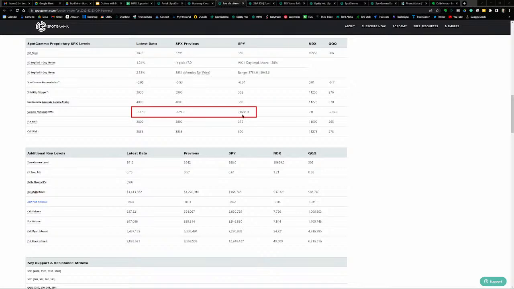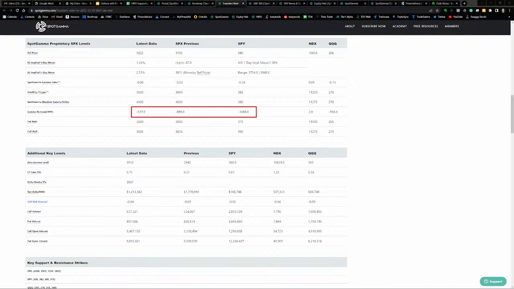So gamma notional shifted more negative yesterday. And as I pointed out before, I compare morning to morning. So this is the number for SPX previous from yesterday afternoon, and I just compare the numbers from one morning report to the next. So that's the gamma notional, and other measures of gamma like the SpotGamma gamma index also shifted more